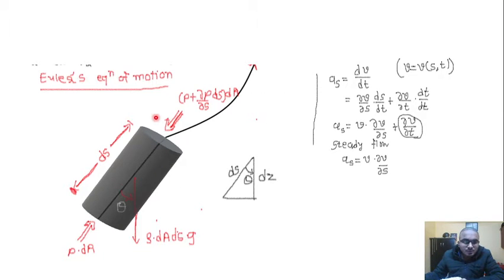So the next was Euler's equation of motion, in which we considered a cylindrical fluid element as shown in this figure, having a length of ds and area dA. There are pressure forces and weight forces present, as can be seen here, P dA here, and here P plus del P over del S ds into dA. Weight forces rho dA ds into G.